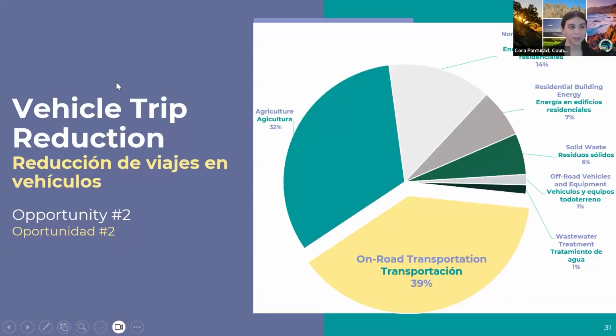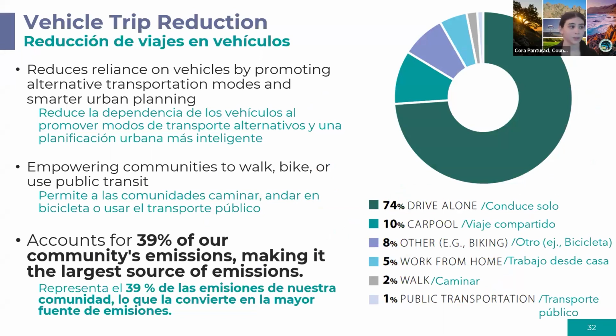All right, thanks everyone. This feedback is really helpful to us. So our next big opportunity for emissions reductions is transportation, which is our biggest source of emissions in the county. So first, we'll discuss vehicle trip reduction as a way to mitigate those emissions. Vehicle trip reduction is exactly what it sounds like. It's reducing the amount of time and trips that we spend in cars. Reducing reliance on vehicles by promoting alternative transportation modes and smarter urban planning is one way of reducing this trip